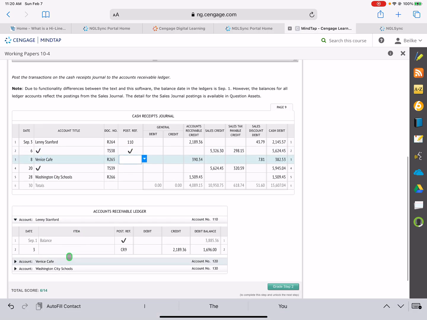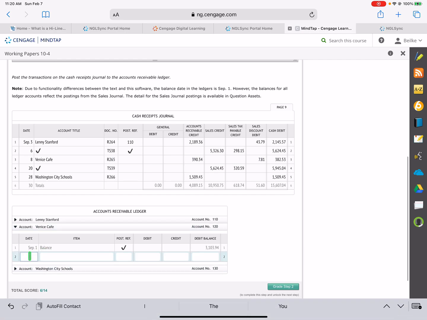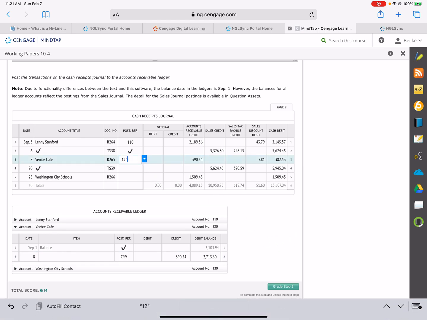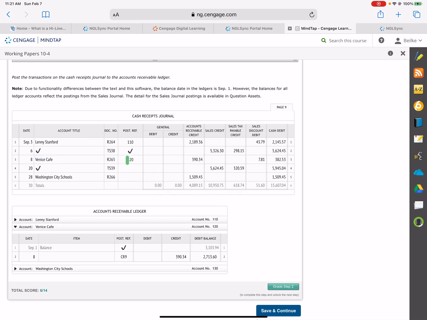Our third one, Venice Cafe, we're going to go down and post that. The date is the 8th. Post reference is cash receipts, page 9. Again, it's accounts receivable credit, so we're going to go to our credit and write $390.34. We have a debit balance, a credit posting, we'll subtract, and we come up with $2,713.60. And our last step is to put 120 up there as a cross reference to show that we posted